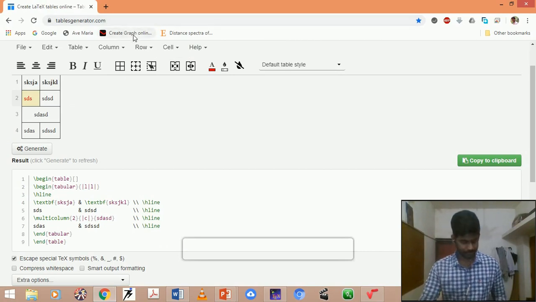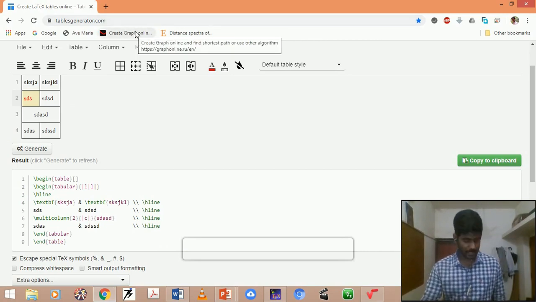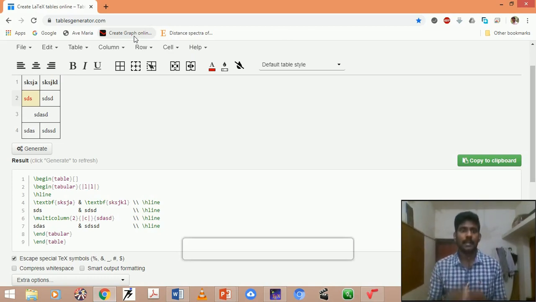Okay, I hope you have well understood how to insert images, and at the same time insert tables, by using some shortcuts. It is not needed to memorize even a single line of LaTeX commands. It could be easier to import your tables, at the same time images, in your Text Studio.